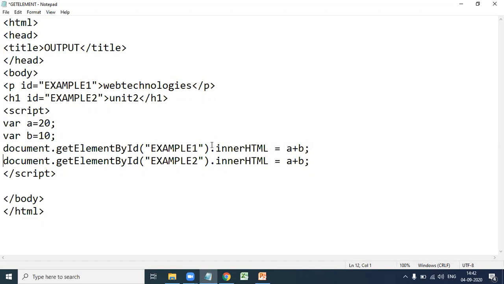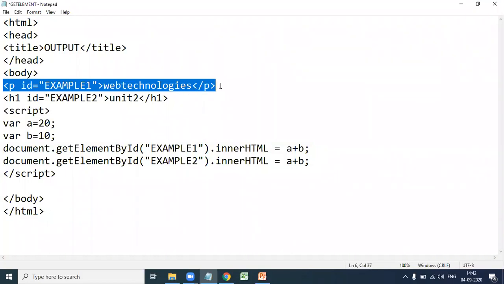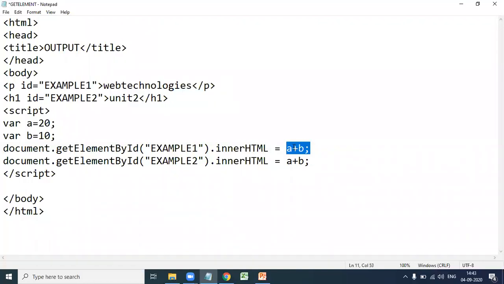This statement means it replaces the HTML content with ID equal to example1. This is the HTML content, that is the paragraph tag with ID equal to example1, and it is replaced with the a plus b value, whatever value you give. Next, the second one, document.getElementById example2.